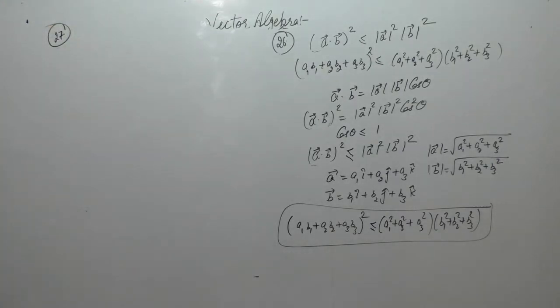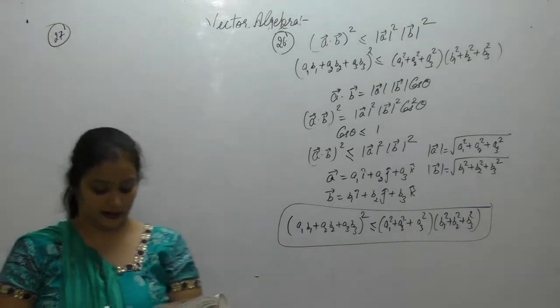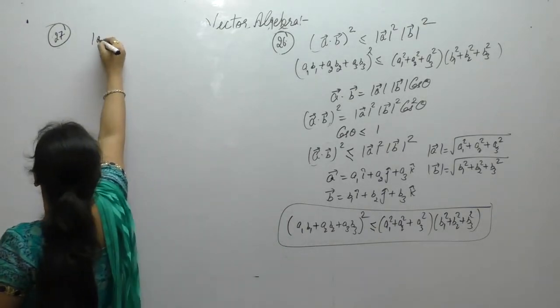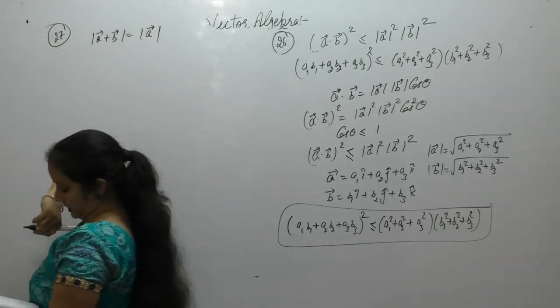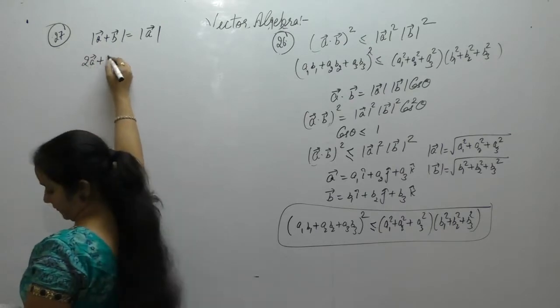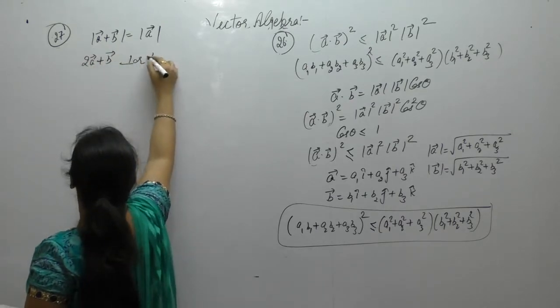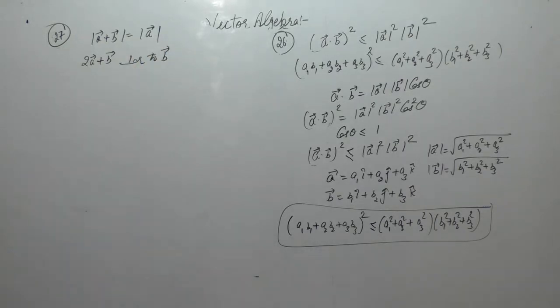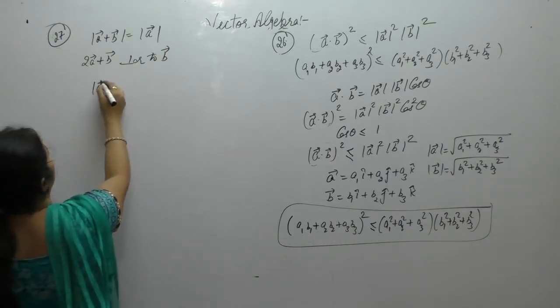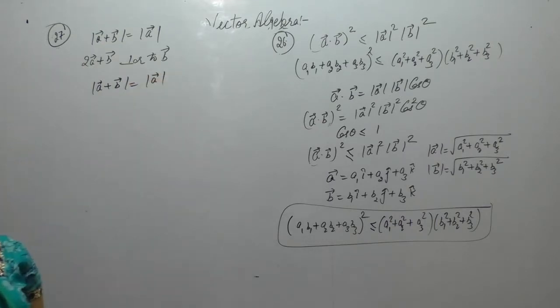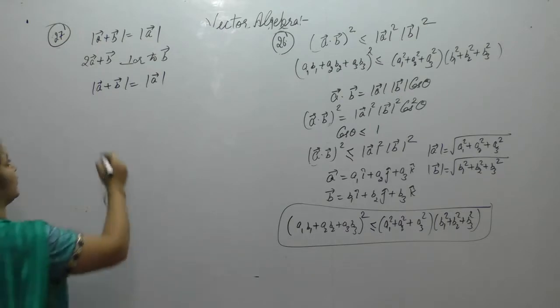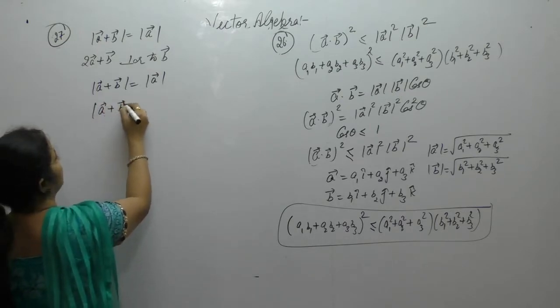Now the next one. If a and b vector are two vectors such that modulus of a plus b vector is equal to magnitude of a vector, then prove that 2a vector plus b vector is perpendicular to b vector. Modulus of a plus b, or we can say that magnitude of a plus b vector is equal to magnitude of a vector. Now squaring both sides,